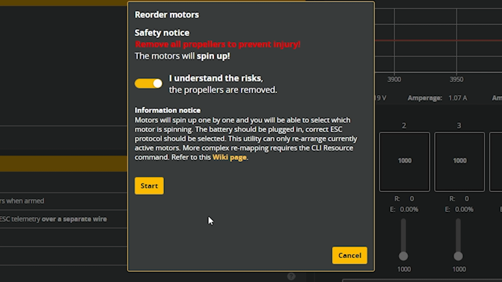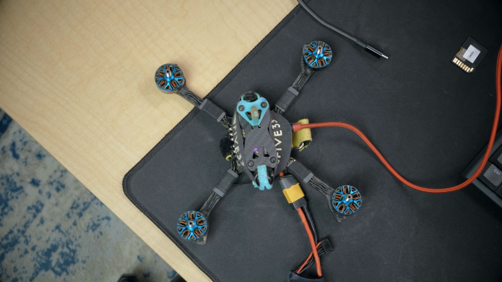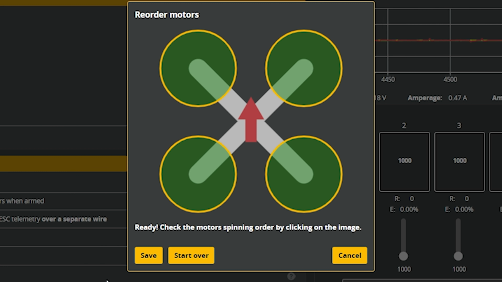We just hit reorder motors, and we click on whichever motor is spinning. Well, this one's set up right, so it's not going to be an issue. And it reorders the motors. And then we can check them individually. 1, 2, 3, 4. Good. Done. So good. So good. The final thing I'm super excited for in Betaflight 4.3, I'm not going to be able